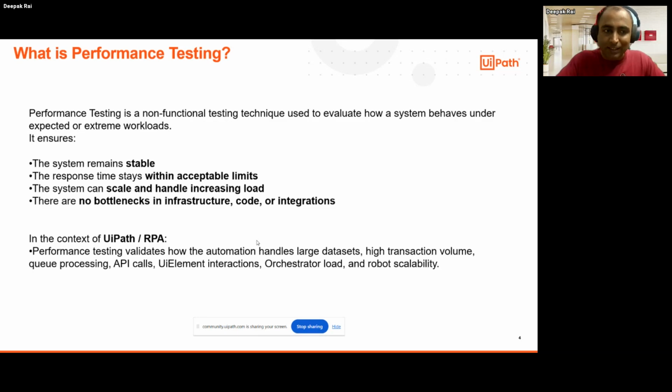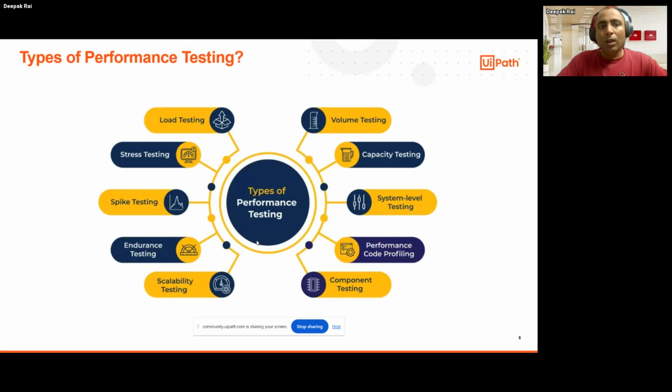So that's the way we check performance, validating how the automations handle large data sets, high transaction volumes, queue processing, API calls, UI element interactions, orchestrator load, and robot scalability. So it covers the entire thing, not only the application interfaces. Now,